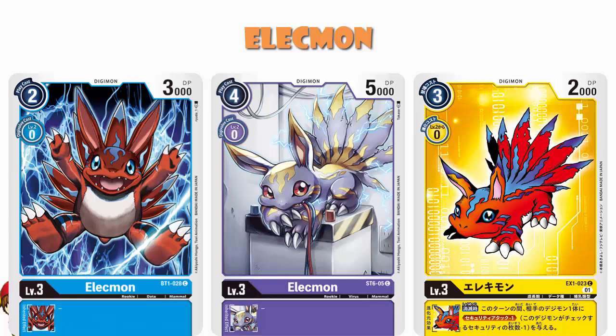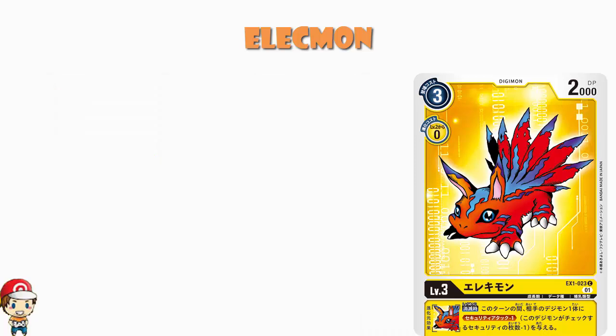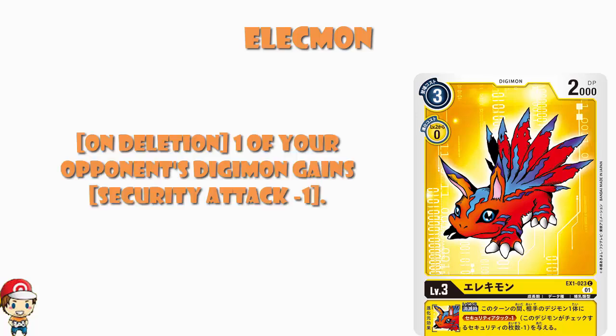Well, what we've got here, and I should say translations from the lovely folks at digimoncard.dev, we've got one inheritable skill. When it is deleted, one of your opponent's Digimon gains security attack -1 until the end of your opponent's next turn. And I like this a lot. And we've seen security attack -1 on a bunch of yellow Digimon before, and admittedly, it's not ended up being a particularly powerhouse skill, but I really enjoy this,